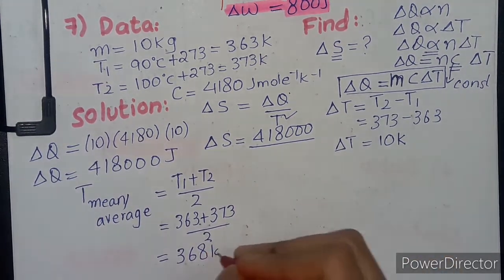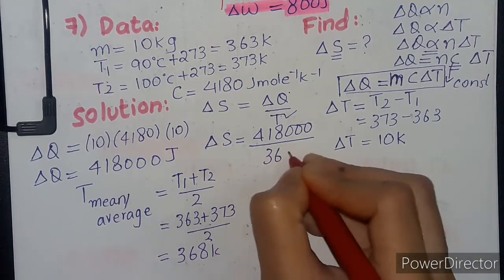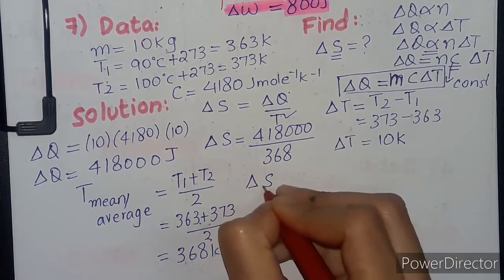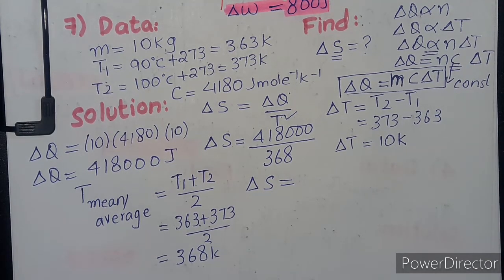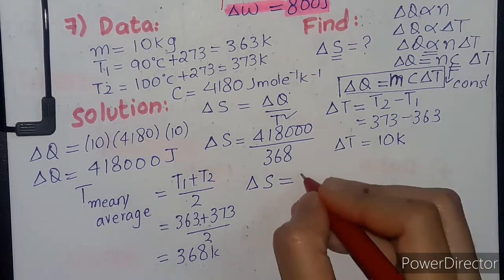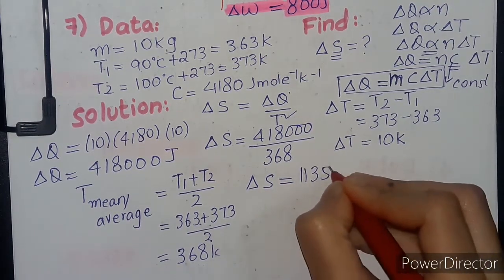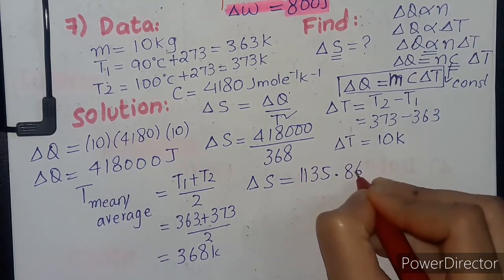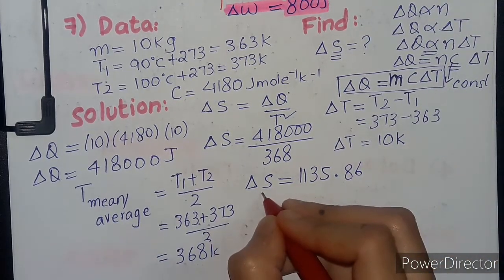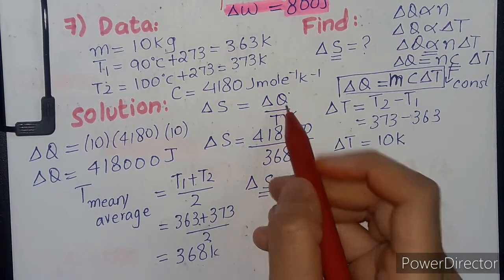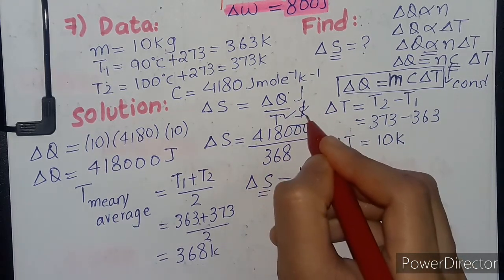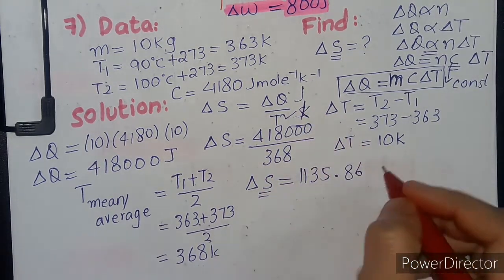Now putting this 368 Kelvin in this place, we find the value of del S, which is equal to 1135.86. The unit of heat is joule and temperature is Kelvin, so the unit is